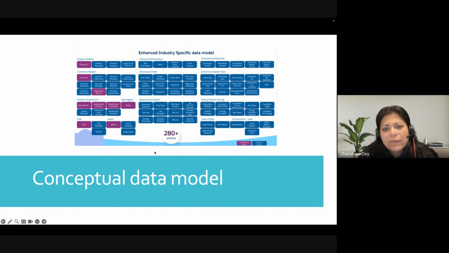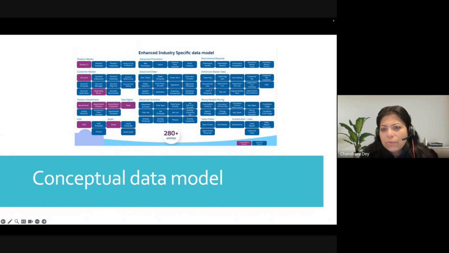And then we have other things like advanced promotion, advanced order, advanced activities, promotional rewards, and enhanced master data. Like when you talk about accounts, we have something called enhanced data, available only in the enhanced data model.